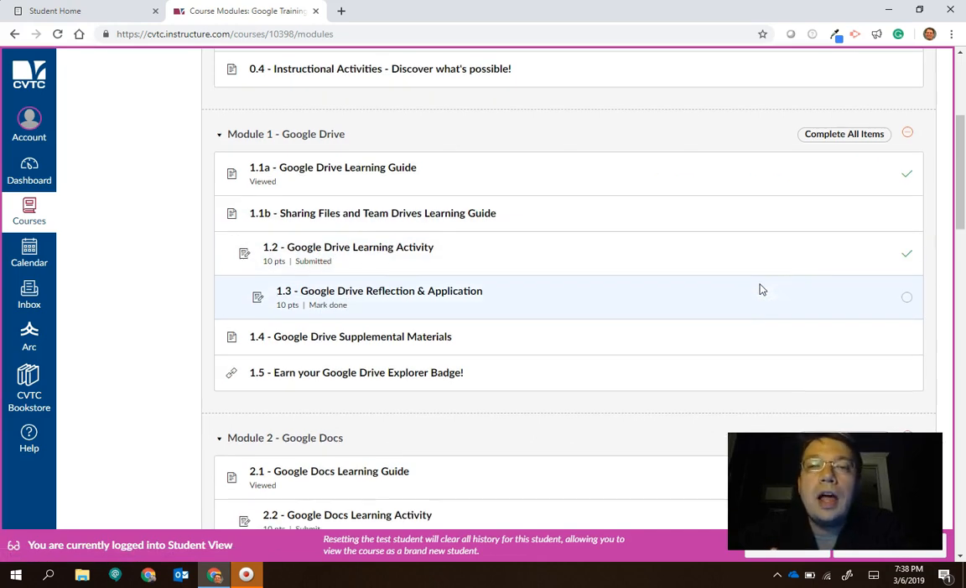There is one thing left for me to be marked as fully complete for Module 1, and that is I need to do 1.3, Google Drive Reflection and Application. I can see there's a circle there, no green check. I can see the module overview, I got the red minus. That means I haven't done everything yet. And under the title, I can see for this one, it's not View, it's not Submit, it's Mark as Done. Now what that means is if I click on this one,